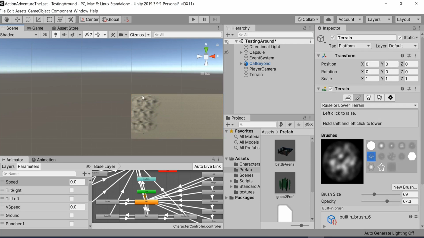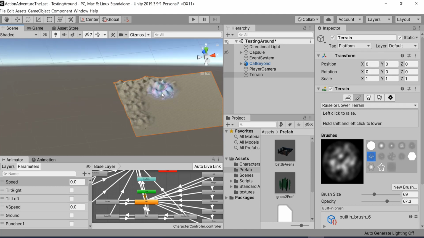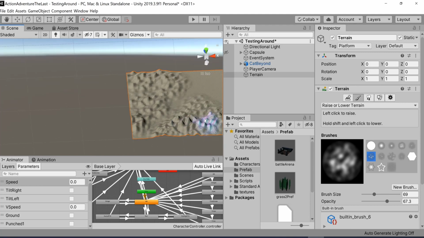and create a little trail for my character. So just click along, nothing too difficult with this part, just experiment, as I say, try these things in your own projects and see what works. So what I'm going for here is a little canyon or a valley that our character is going to run through,